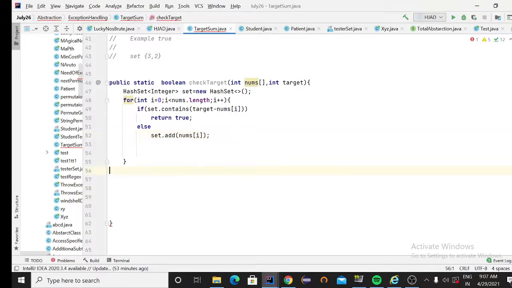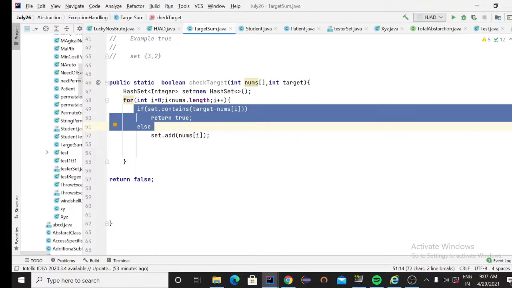If it is not possible, we return false. So this is the whole logic: create a hash set, then iterate over all the elements and check whether the set contains the target minus the current value. If it does, return true; else add that value to the hash set, because next time you can check whether the remaining part is available, since searching in the hash set is order of 1 time.